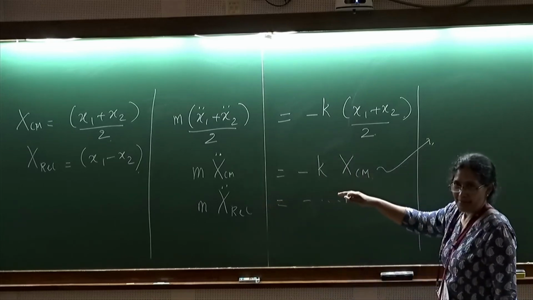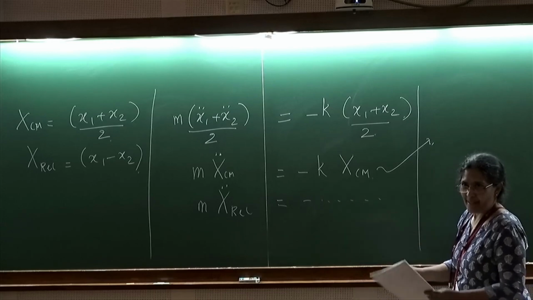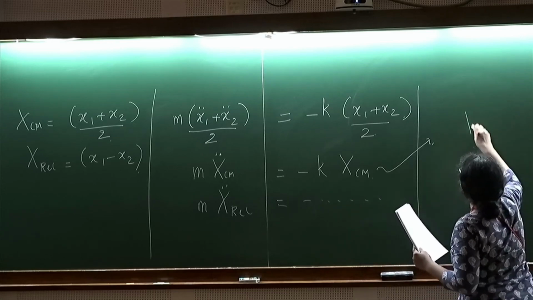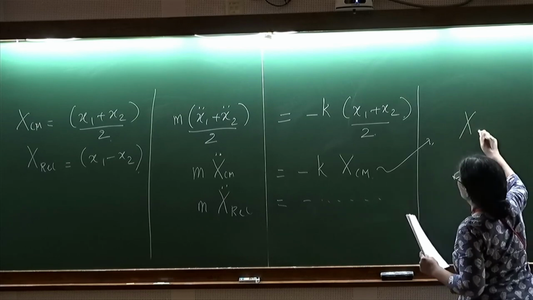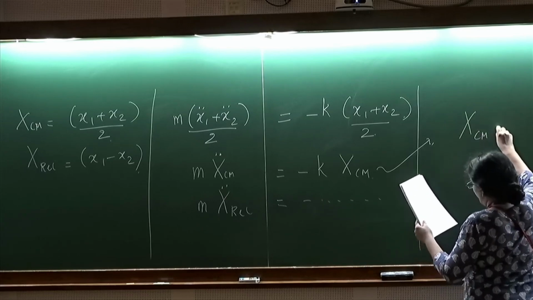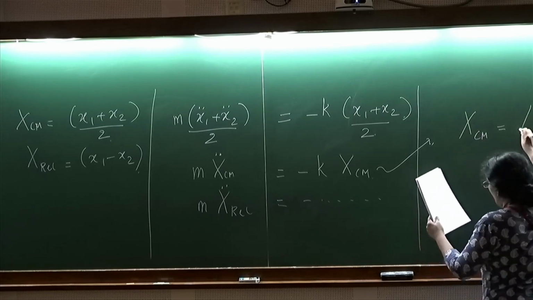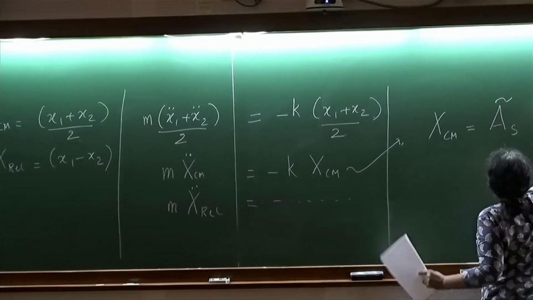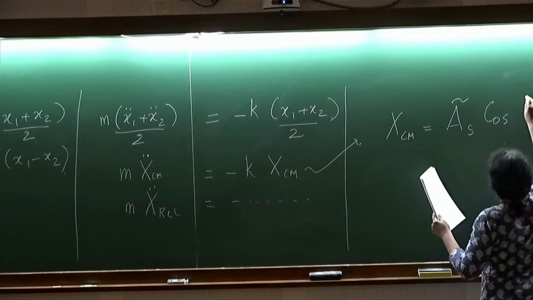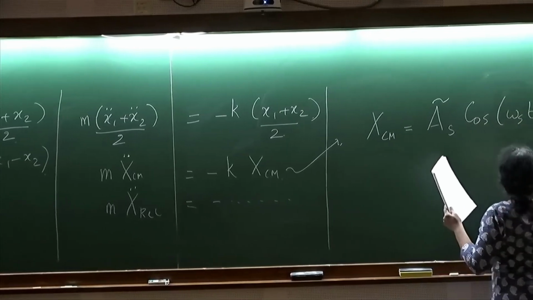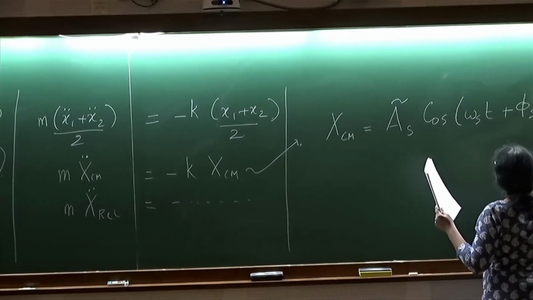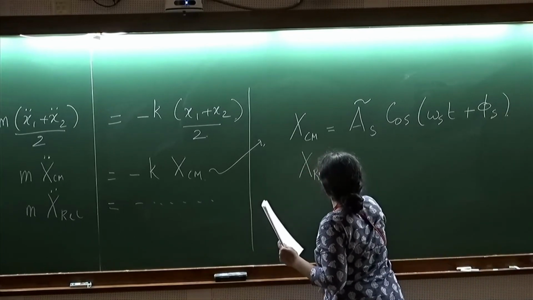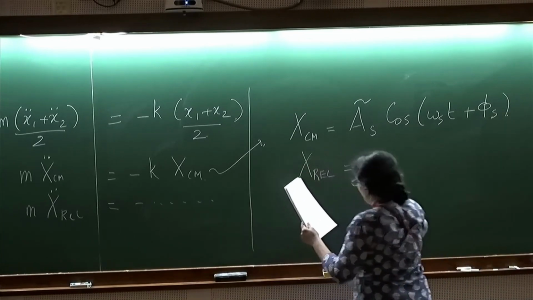But what I want to say is that if you take this, can you suggest a solution for this one? The first one? Cosine, yeah. So I'll just write it in terms of a cosine. I'll just write it like this. And likewise, for the relative coordinate, you find